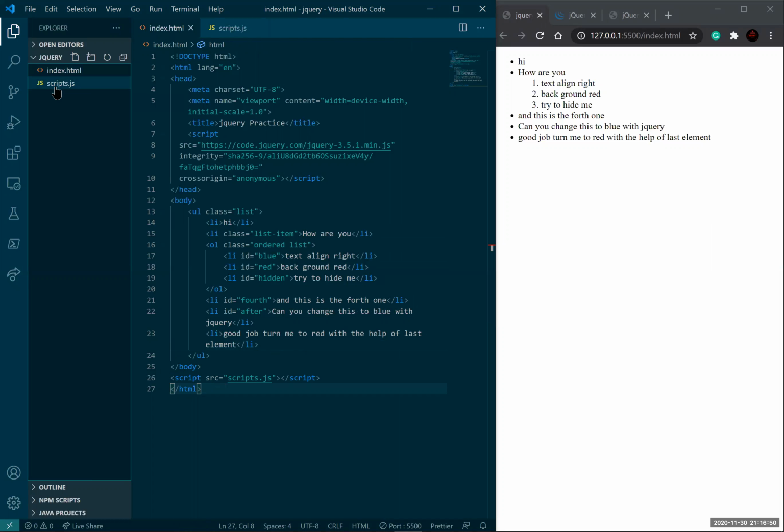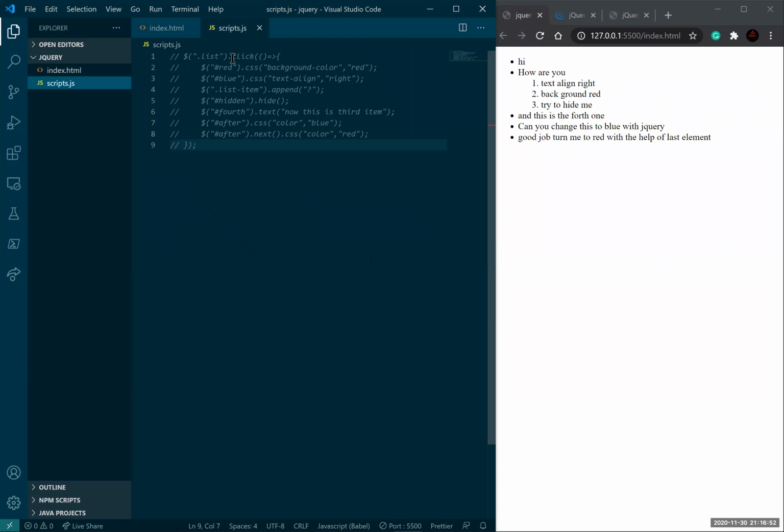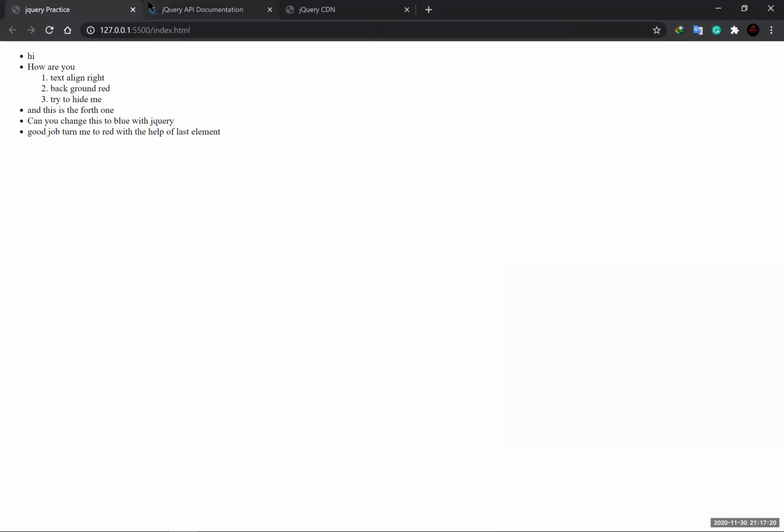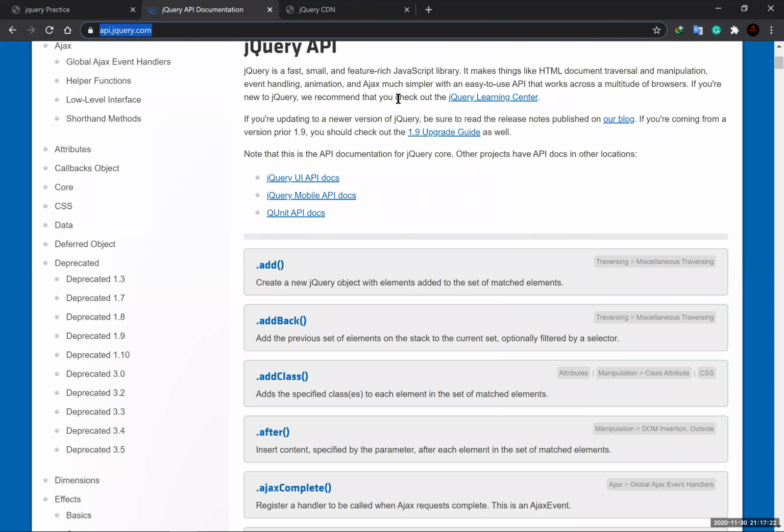Okay, now we go to our scripts. For just an example, I started by making these codes. These are my own examples. You can have your own examples. I just want to show you how you can implement it in your own project. Because there is a lot you can do using jQuery, and it has lots of methods. For example, if you go to the API,